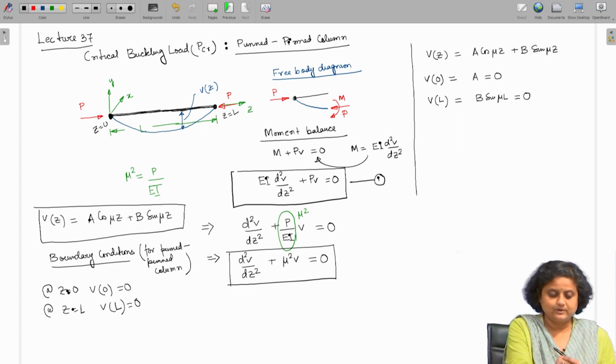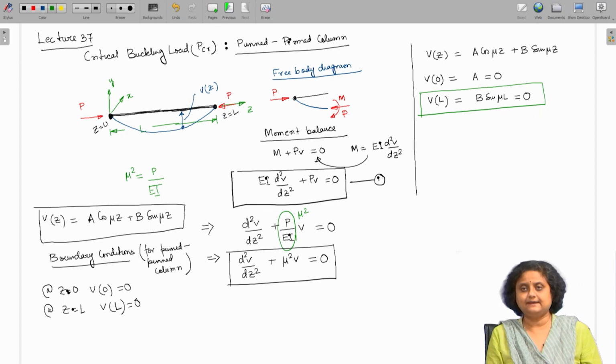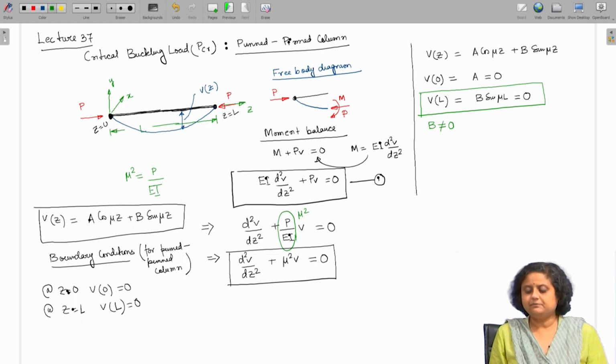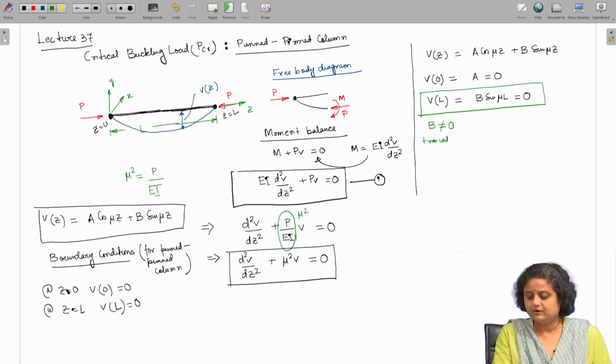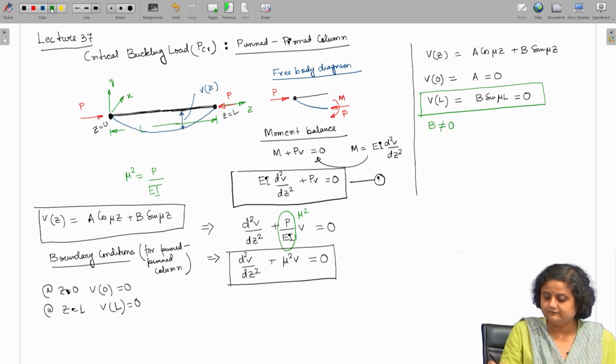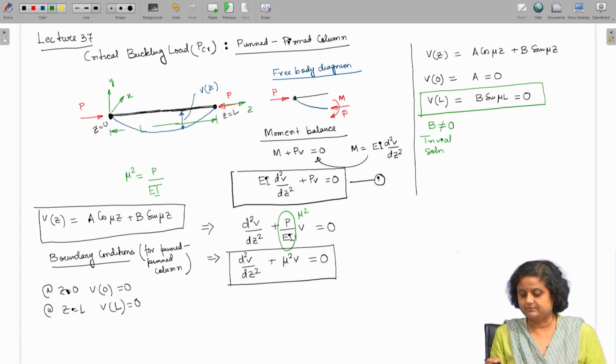Now, from this equation, we can say that B cannot be equal to 0, because if B equals 0, A is already equal to 0, then V(z) is always 0. So, it is going to give a trivial solution, which is not acceptable. So, then what do we have? We have sin mu L